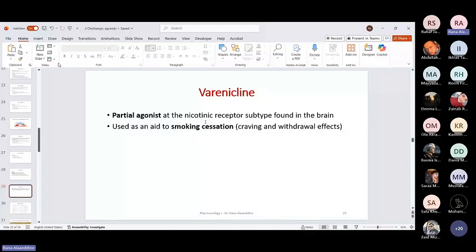A partial agonist will still maintain some level of activity. So we will have some activity of the nicotine, but the full effect is not there, which makes the person try to stop smoking slowly. Usually this is the effect of varenicline that we have, and it's the best drug that can be given